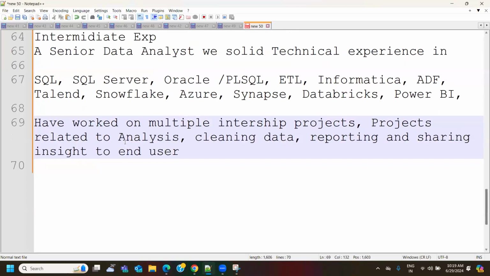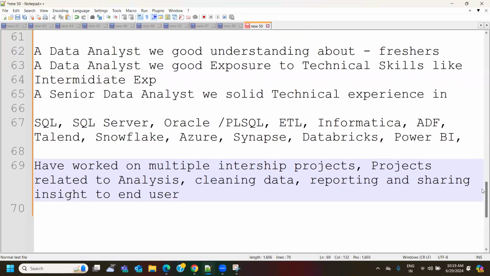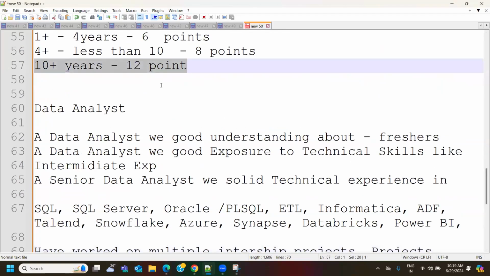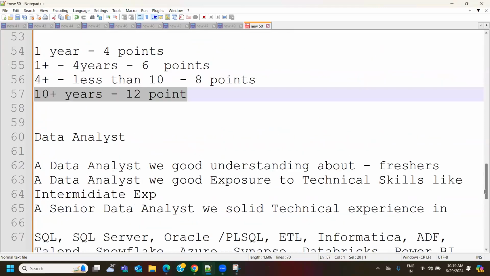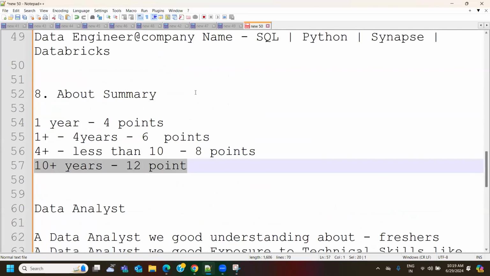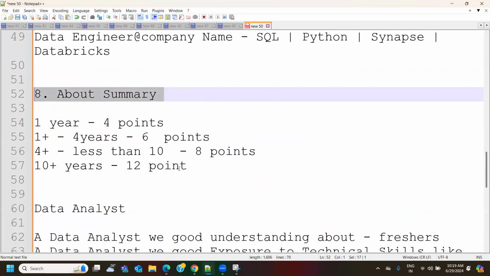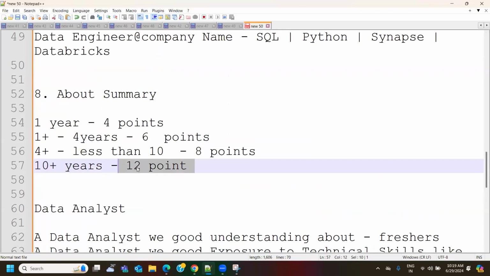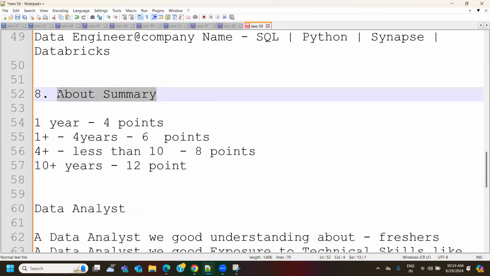Now, once this is done, this more specifically should be in highlights. For people with 10 years of experience, maybe I don't need to explain what all points you need to expose here. All your high level points, your last 10 years of experience, the domains you have worked in, you can mention in your about summary. Maximum is 12 points. I'm not saying every time you should have 12 points. Even 8 or 9 points for 10 plus years is okay. Your summary should be readable. It shouldn't look like a complete paragraph. It shouldn't look like an essay.